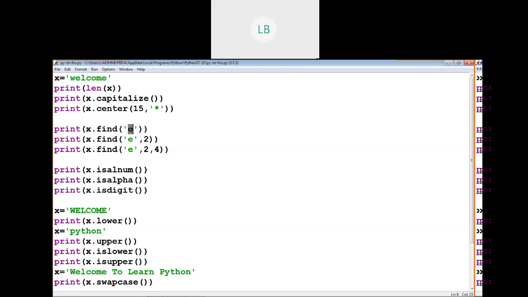The substring may be a single character. And we have used isalnum, isalpha, isdigit functions for the given string. Let me execute this program, children.